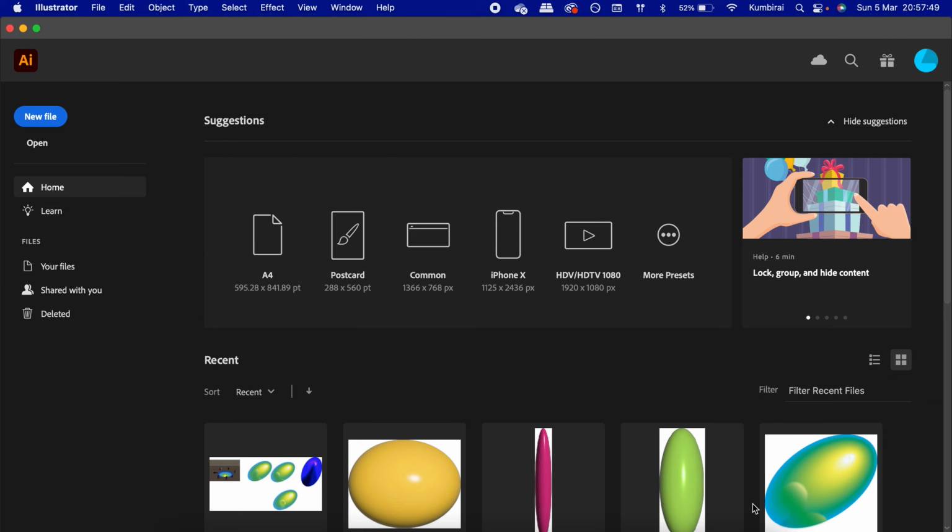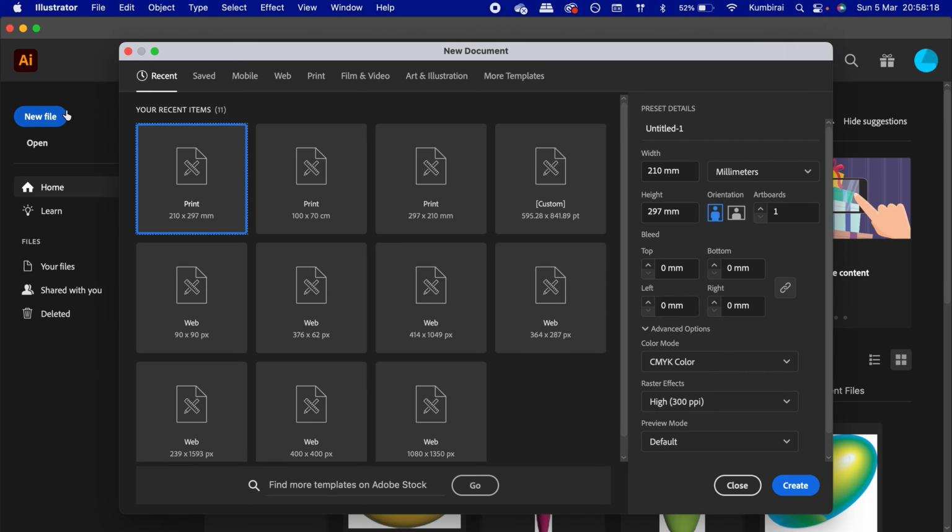So welcome. For this tutorial, I'm just going to be showing you how to recreate the Tesla logo in Adobe Illustrator. So when you first open up the program, what you'll see should be what you're looking at on the screen right now. And so what we're going to do first is create the canvas on which you will be making the logo. So what you'll do is first go here to New File,